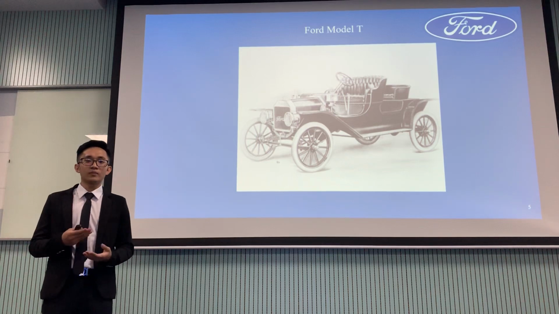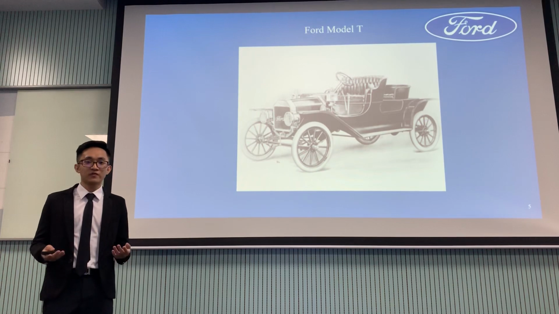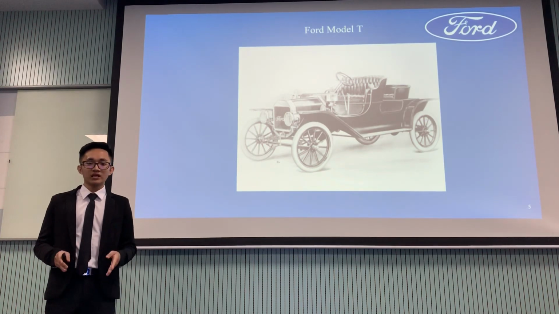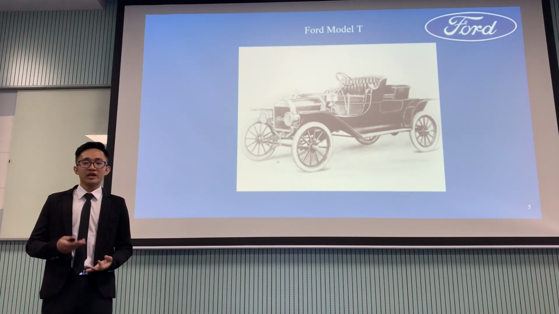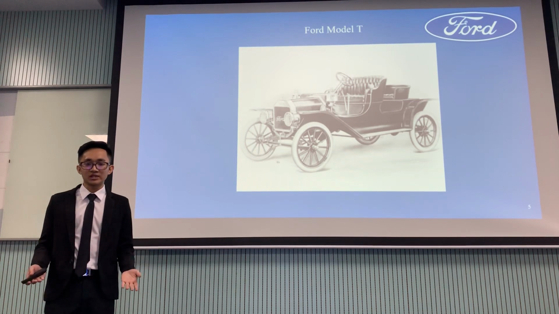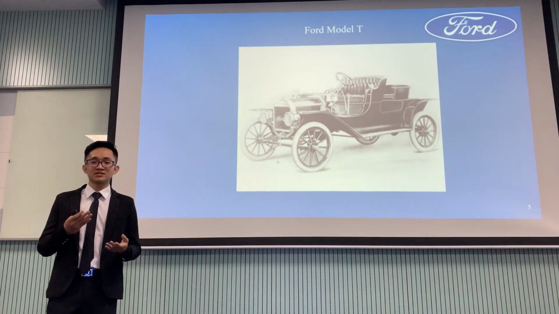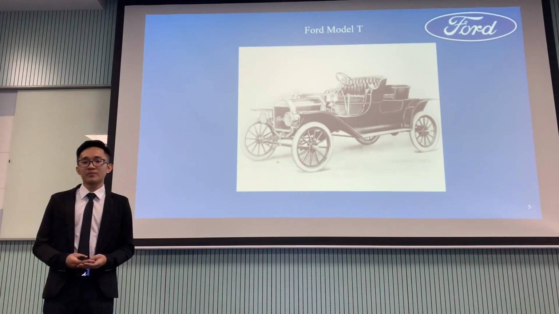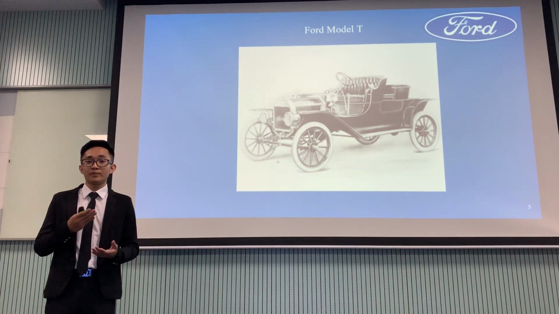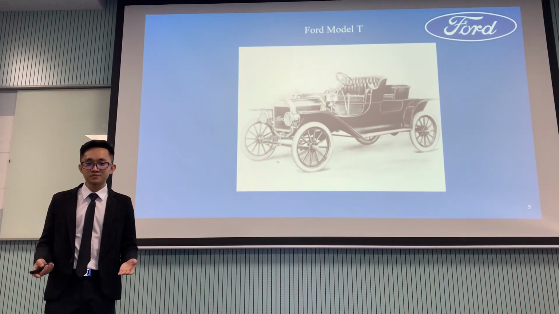During that time, most automobile companies focused on making luxurious cars for rich people. However, Ford's perception was different. They wanted to make a car that is simple, durable, and affordable. With that perception in mind, they invented the Ford Model T. After its launch, they were able to sell over 15 million units. This was a very successful invention for Ford, the major factor which led to their growth and becoming what it is today.